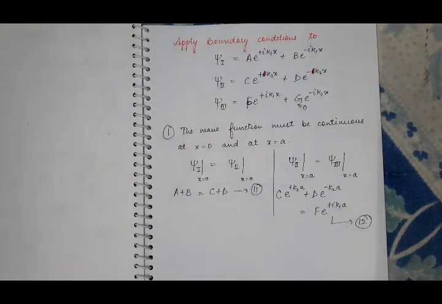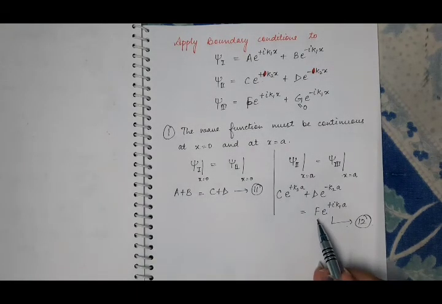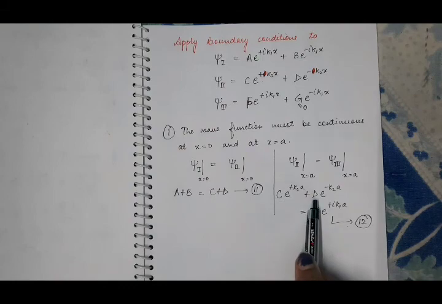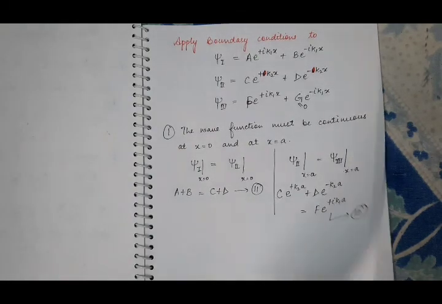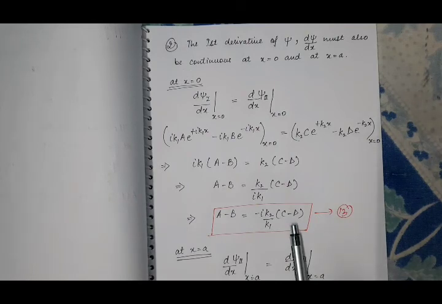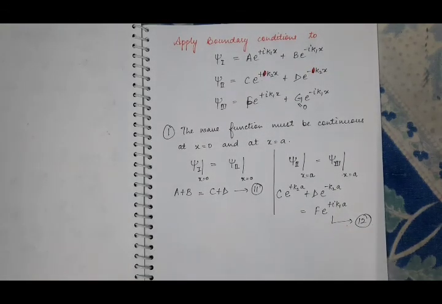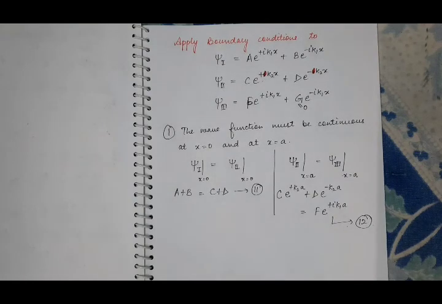So it is homework for you guys: calculate the values of c and d in terms of f by adding equations 12 and 14 and by subtracting equations 12 and 14. Then put those values of c and d in terms of f in equation 11 and equation 13, and then calculate the values of a and b in terms of f. How? By adding the two equations 11 and 13 and then by subtracting them. And then you will find the values of a, b, c and d in terms of f.